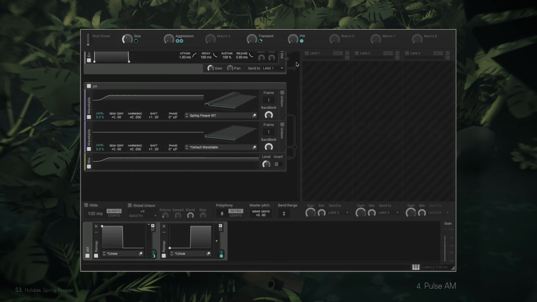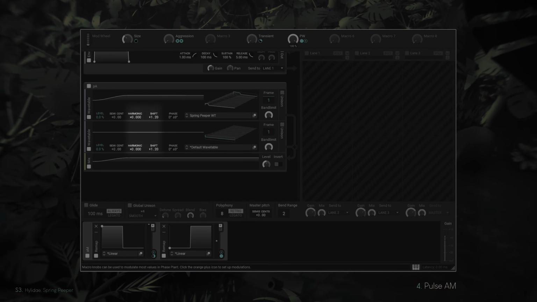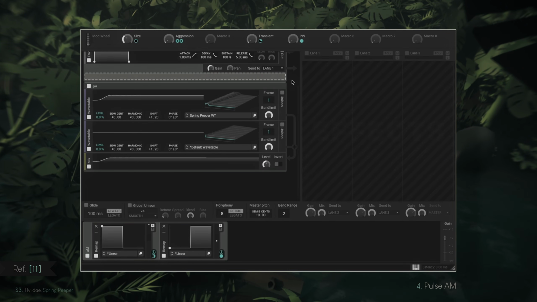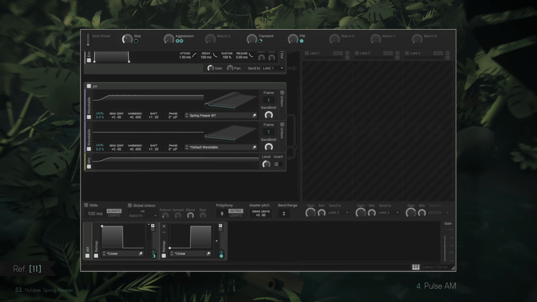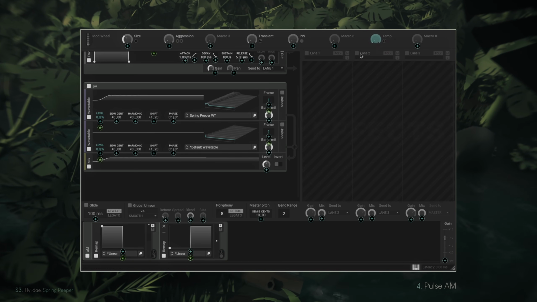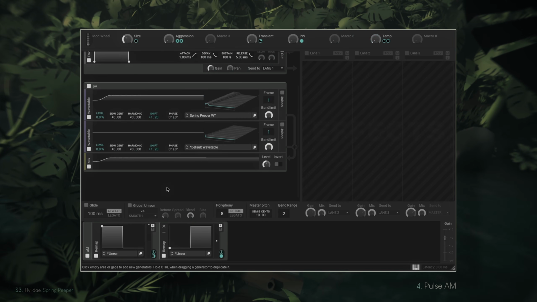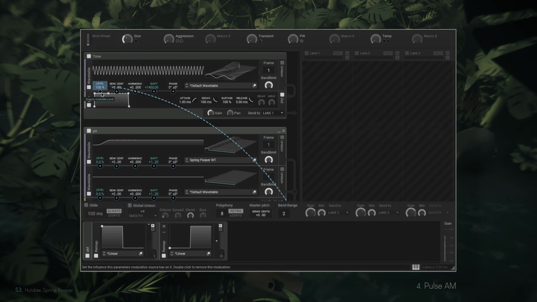Let's then set the harmonic value of each wavetable to 0 and set the pulse rate to around 1.2 Hz using the shift value. And because spring peeper calling rates increase during warmer temperatures, we can make a new macro called temperature and use it to modulate the shift value of each wavetable by a very subtle amount, between 0.01 and 0.05. Of course, make sure they are being modulated by the same amount so they don't fall out of sync with each other. To finish the amplitude pulses, let's fully map the mix to the level of the tone